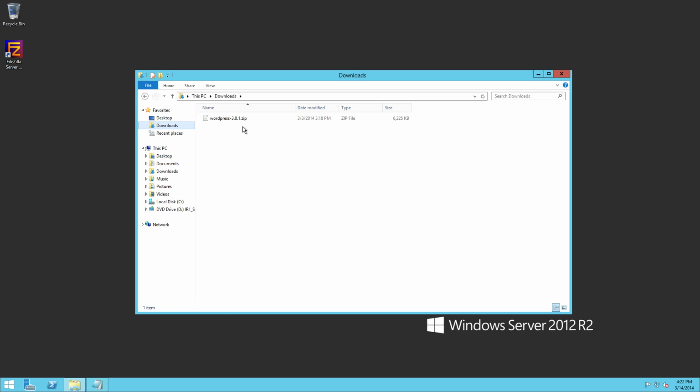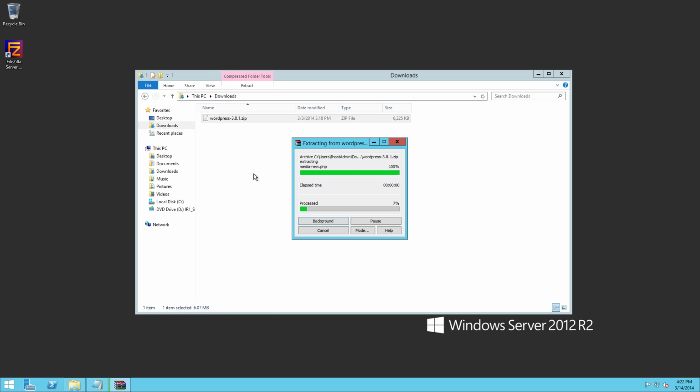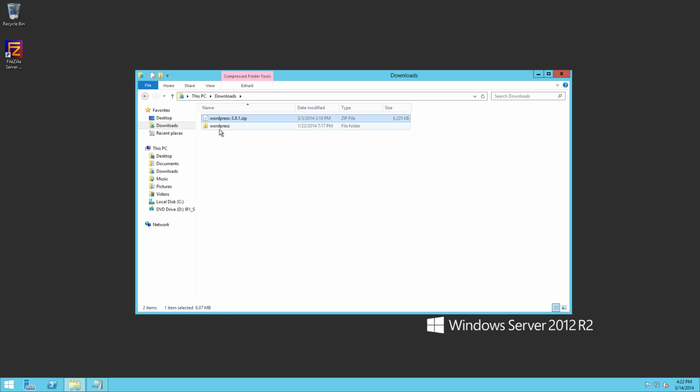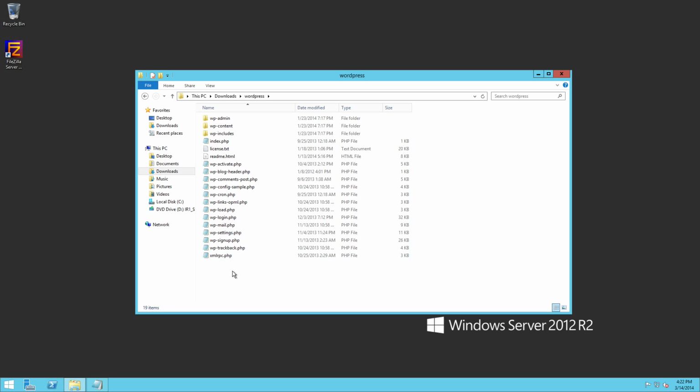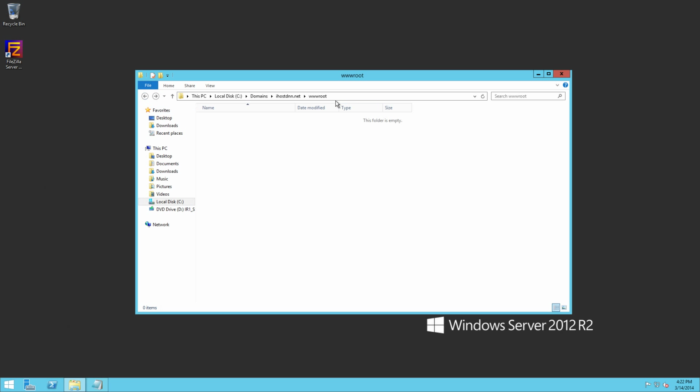This is the zip WordPress files. So what we want to do is just select it, right click, and we're going to use the extract here option. This uses WinRAR to extract the zip file where it's currently at. So this is going to drop out one WordPress folder, which you see right here, and inside of that is all of the actual WordPress installation files. So we just want to go ahead and select these files right here and copy them, and then just hit back twice. Should get us back into our www root folder,